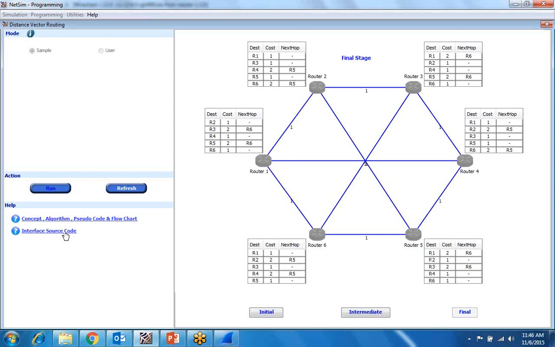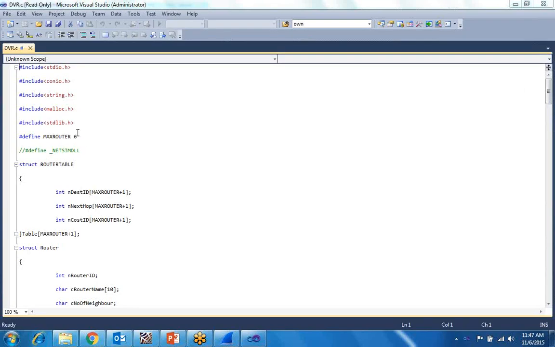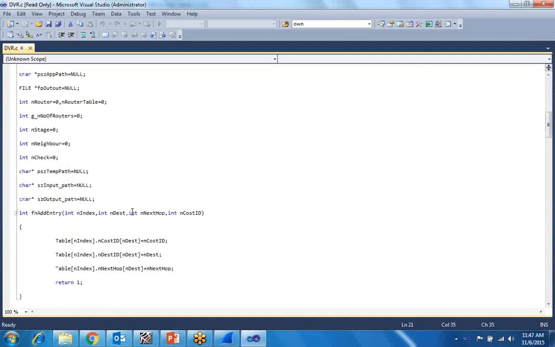If you click on interface source code, this is the program given here.